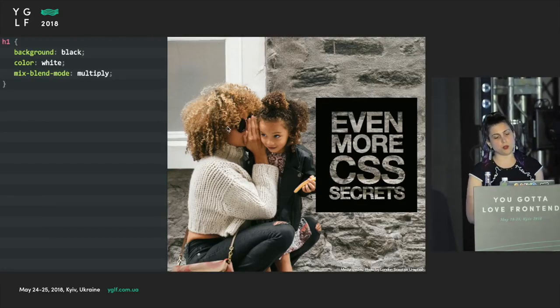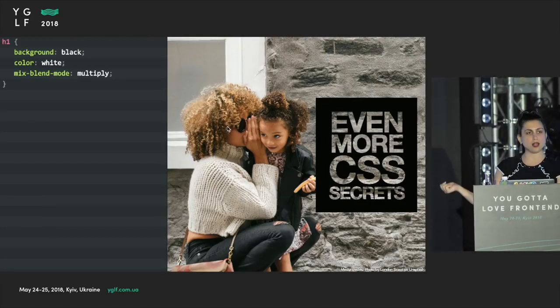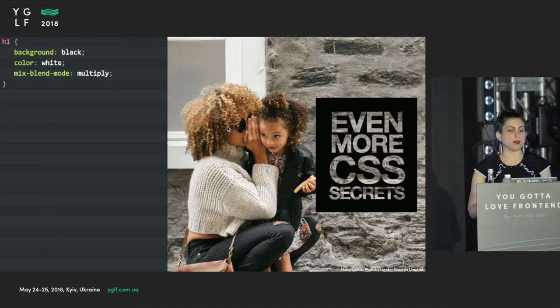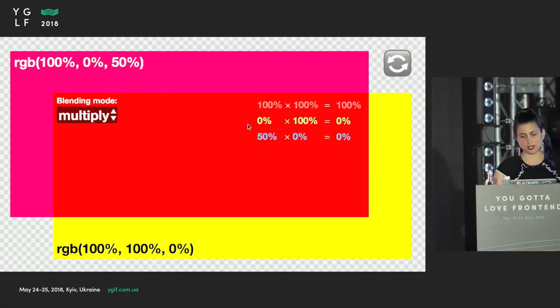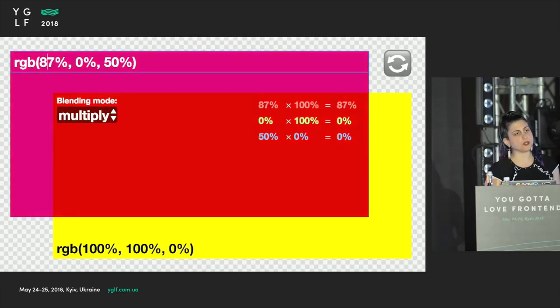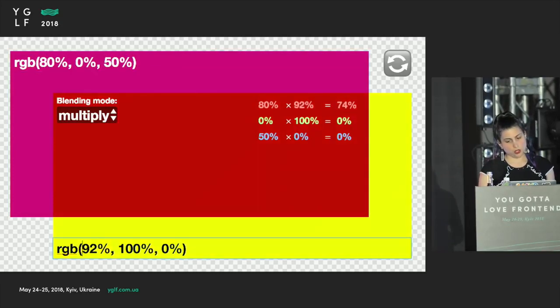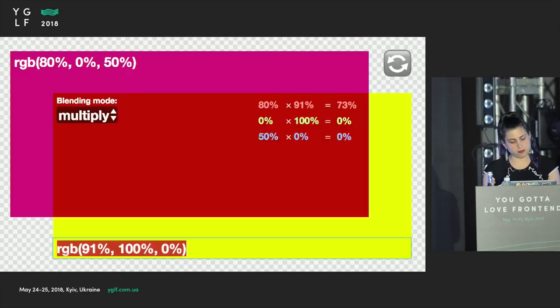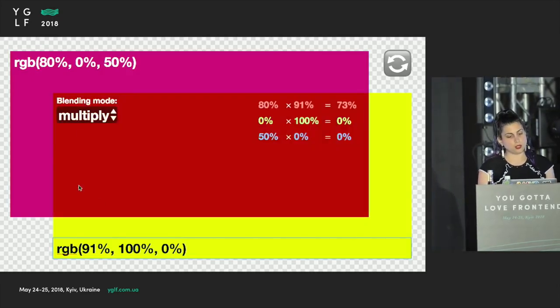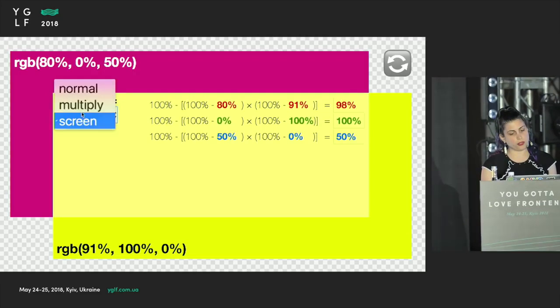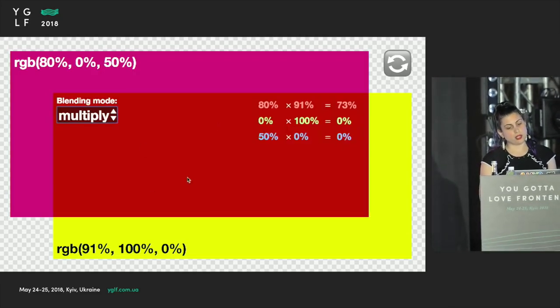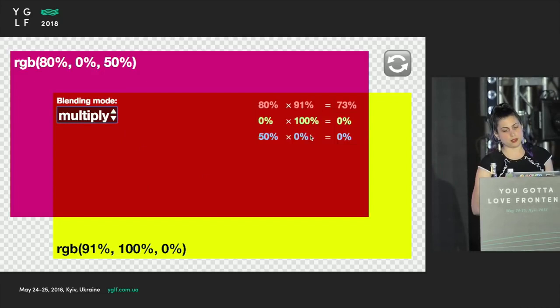So, but why does this work? Because if I just tell you there's this one line and it works, and if you use it, you get this effect, what's the point? It's just one more thing to memorize. So I made this little application which lets you specify 2 colors, and you can play with it after the talk, because my slides are online. You can input 2 CSS colors here, any color works, even named colors. And you select a blending mode, and you see both the result of their combination and the math used to